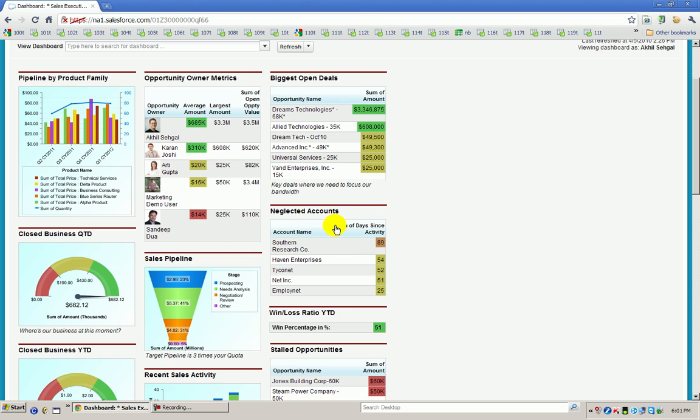You have identified some company or some customer, but your sales guys have not done enough follow-up for these many days. You have to specify, let's say 20 days. More than 20 days, it should appear in the neglected accounts. Based on that, immediately the sales guy's manager makes a phone call, saying, boss, why have you not followed up? So they will follow up properly, and you will get better business, because you lose some business because of lack of follow-up.